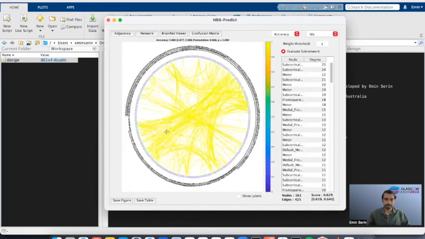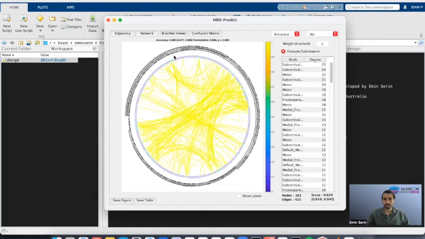Here you see our subnetwork on a circular graph. As you can see, the nodes are just numbered, but you can also visualize the labels by using this button here. We can also visualize the subnetwork on a 3D brain layout, and to do that, just click the BrainNet Viewer button here.